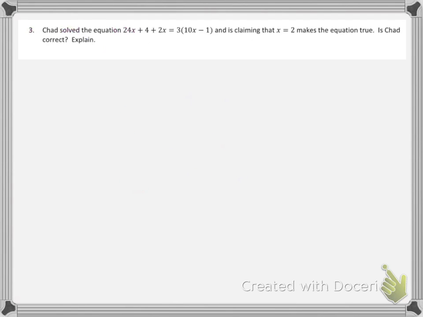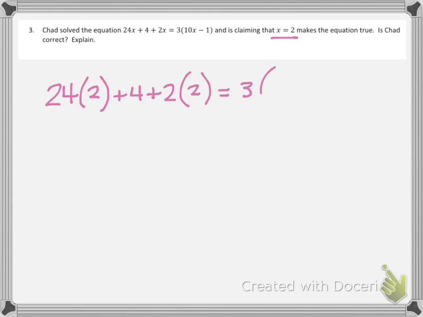All right, number 3. Chad solved the equation 24x plus 4 plus 2x equals 3 times the quantity 10x minus 1, and is claiming that x equals 2 makes the equation true. Is Chad correct? Well, we just have to try it out. We have to substitute. So we're going to test that x equals 2. 24 times x, which is a 2, plus 4 plus 2 times x, which is a 2, is equal to 3 times the quantity, 10 times x, which is a 2,